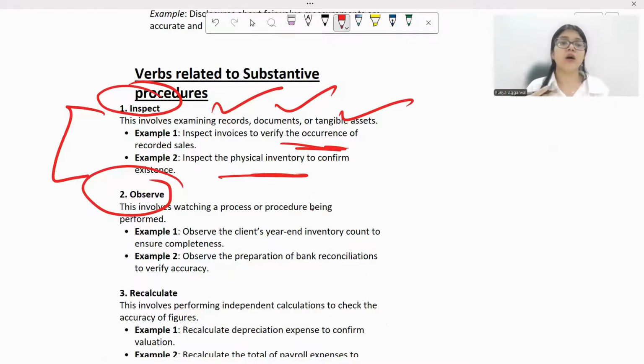Okay. Like, if we talk about the auditor concept, sometimes the auditor actually roams around. For example, there's an inventory count happening in the warehouse. Okay, the auditor won't do anything. He'll just roam around and see how the process is going. What is the process being followed, right? So that involves watching a process. You're just watching, you're just observing, you're not doing anything else. Okay, that is the major difference between observation and inspection. In inspection, you are doing something, you are also scrutinizing the documents, but observation is just observing, just watching. Okay, that is the difference between these two.